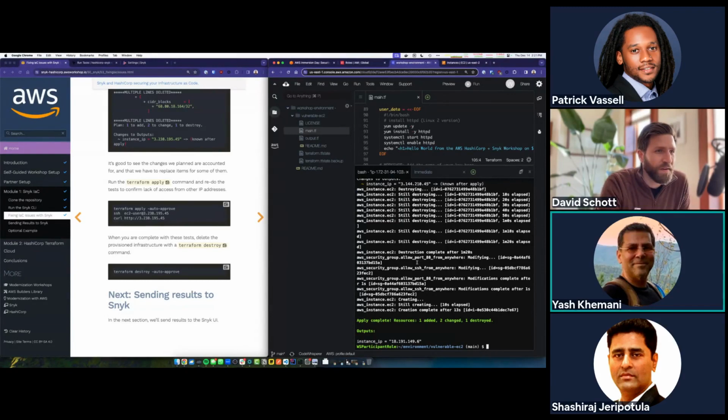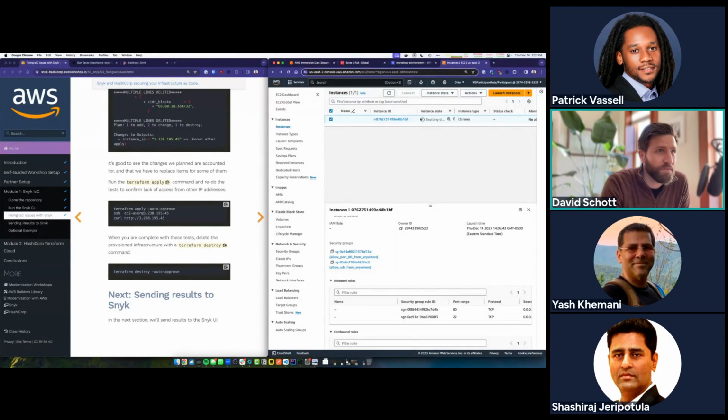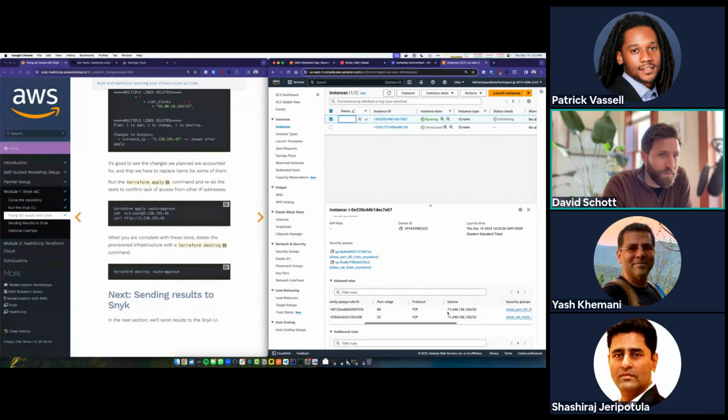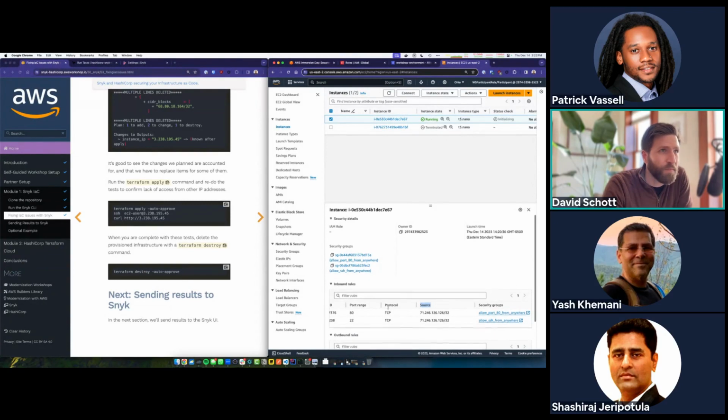Right on. So as we can see, our infrastructure is now applied, and we can confirm that if we go back into our AWS account and just refresh. Isn't that cool? We've got one instance that's terminated. It's going to stay there for a while, but eventually disappear. And we have this other instance that's running. We can go ahead and confirm in the security groups that our changes were made. You can see the source, which says that only my IP address is allowed to access the SSH port and the HTTP port.